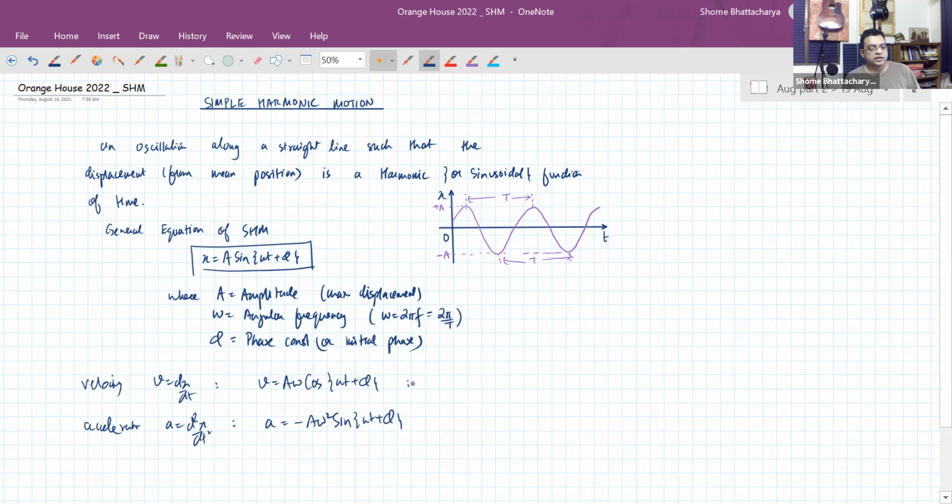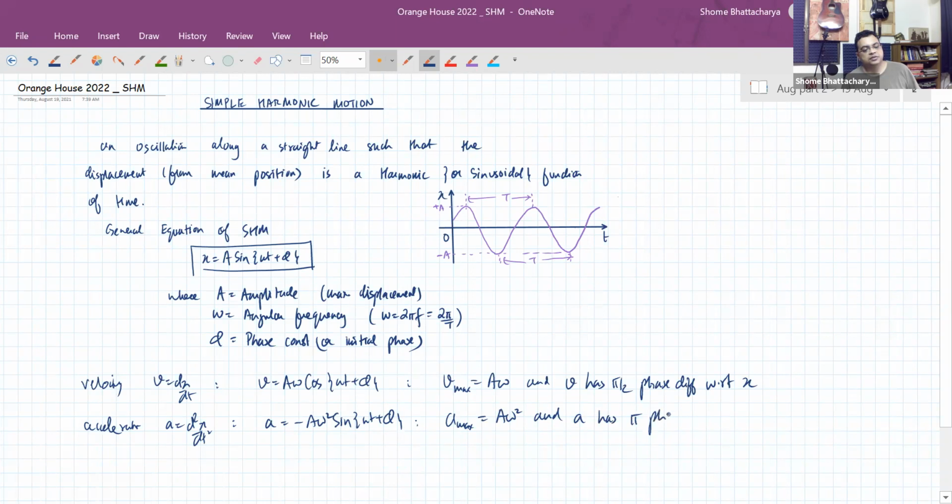So from this we learn that velocity has a maximum magnitude of A omega, okay, and the velocity has a pi by 2 phase difference with respect to displacement. And from this we learn that the maximum acceleration has a magnitude of A omega square, and acceleration has a pi phase difference